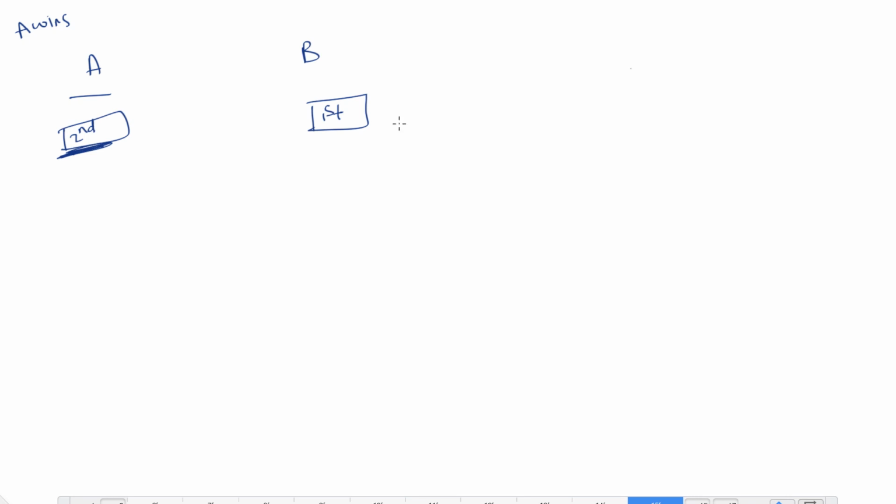So A will choose between 0 to 2 power k minus 1, and here k is just 1 because that's the only first collision. So just listen here: A is sending the second packet, B is still sending the first packet. So one collision has already occurred for B. Now if